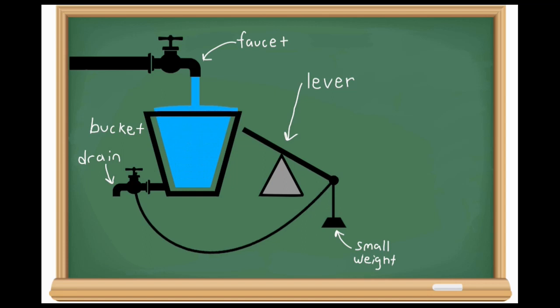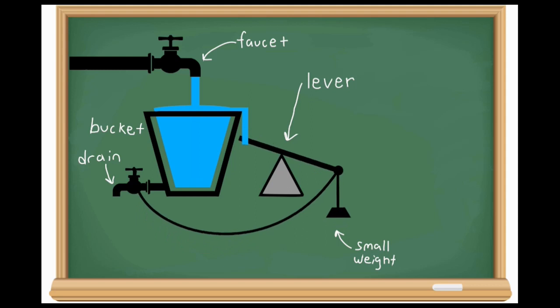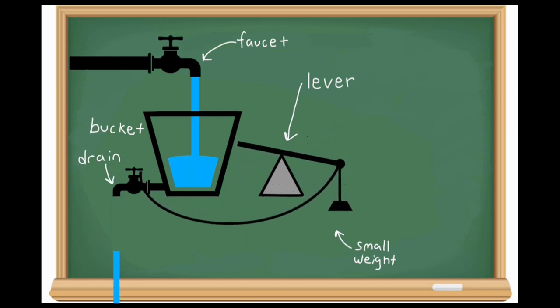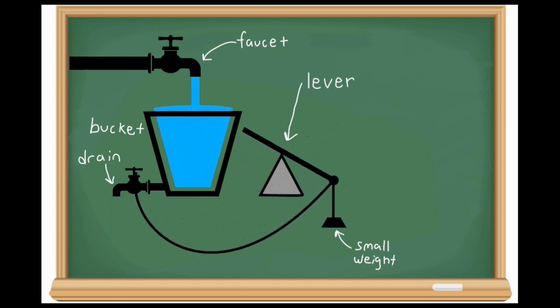Once the water is at the top of the bucket, it begins to overflow. This pushes the lever down, which then releases the drain of the bucket, draining all the water. However, once the bucket is drained, there's no water overflowing and holding the lever down anymore, so it returns back to its original position. As it does this, it pulls the drain closed and the bucket begins to fill back